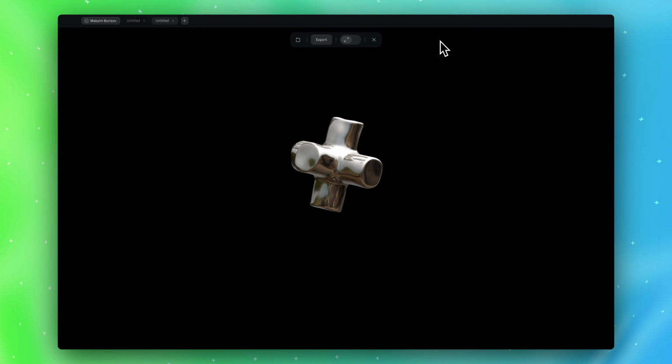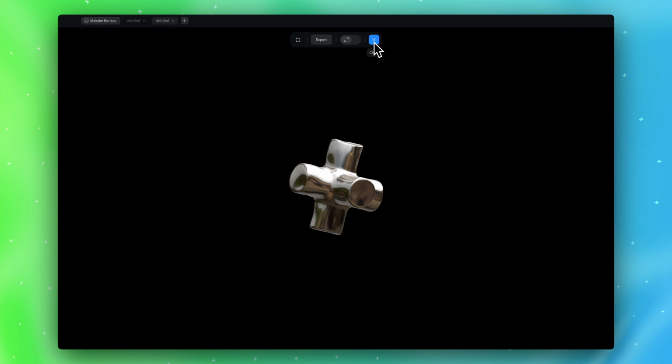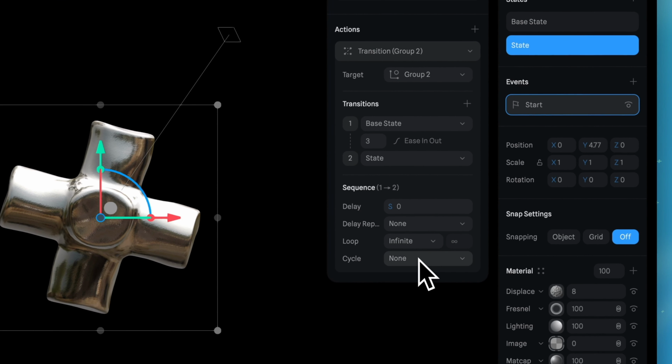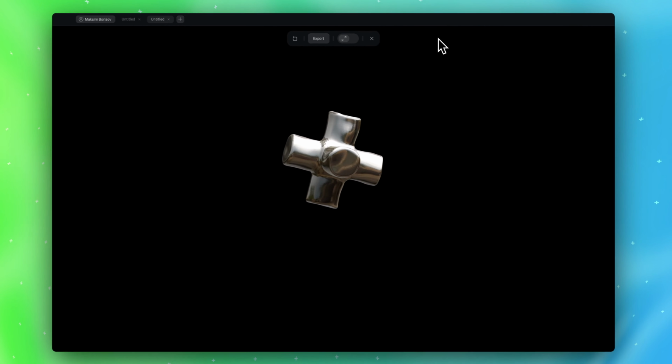We need our animation be not just repeated but also rewind or be played backward. So here, when we select infinite loop, we can choose cycle. And here we need the ping pong type. So now object is rotating and